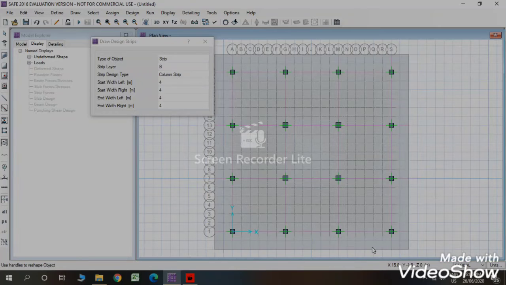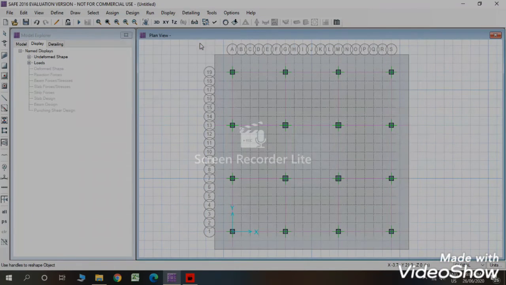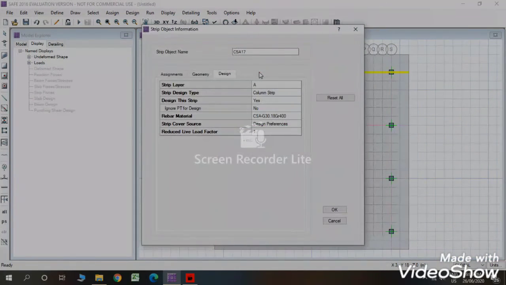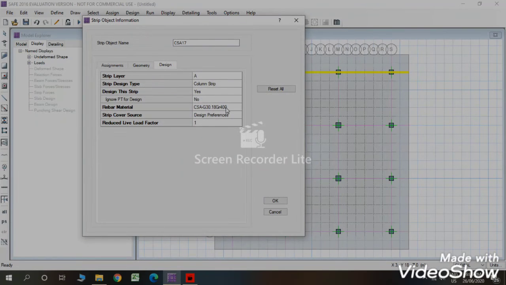Now once design strips are drawn, we will change the rebar material in design strips to Fe 500.